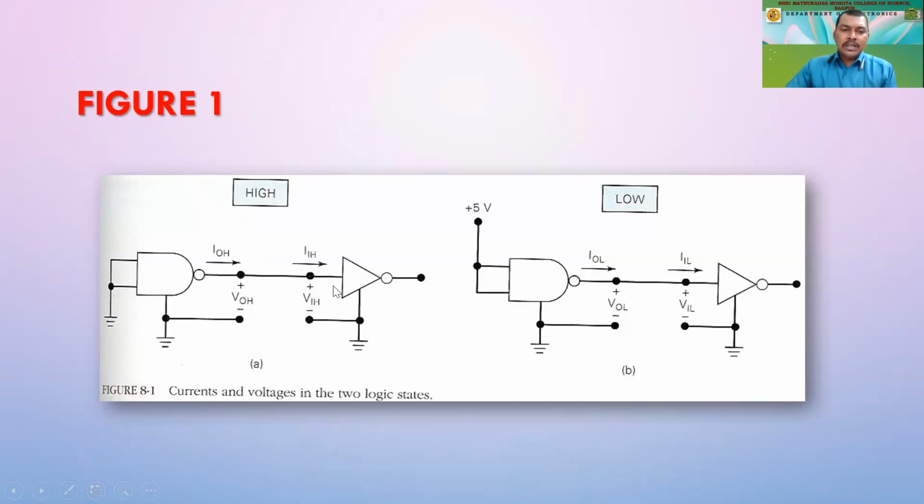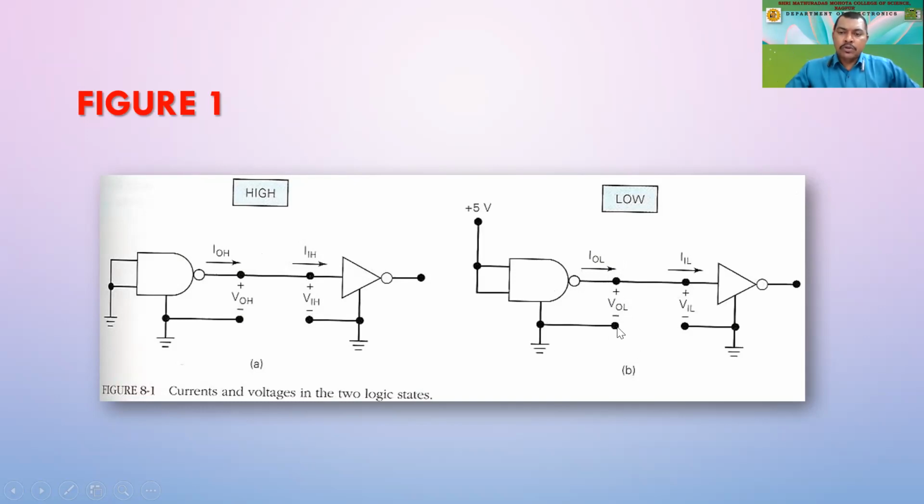Similarly, here we are considering the input high voltage. So what would be the input side of voltage? Both the voltages are there, high level as well as low level, when we talk in terms of the input side or the output side. So this is for the high consideration. And when I say that this is low, what type of current is supposed to flow through this when the output of a certain gate is supposed to be low? So IOL, we are talking here, taking it as the current at low level. Similarly, we are taking voltage at low level. So this is the VOL, positive and ground.